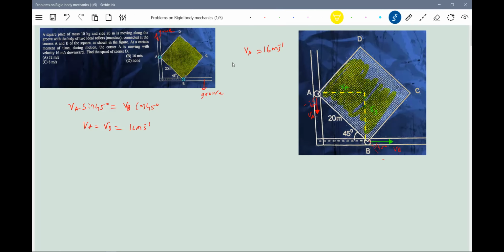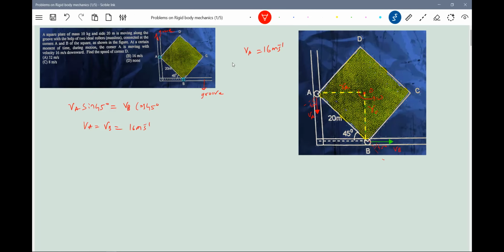Okay, I think now you are able to visualize. On this, I'll scribble it so that it will be easily visible for you. Now you see there's a basic small idea of instant center. So this is RA. This is the instantaneous center, we'll call it O. About this point, the system is rotating.